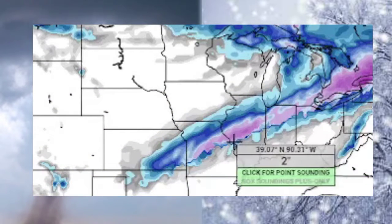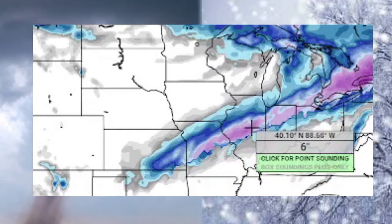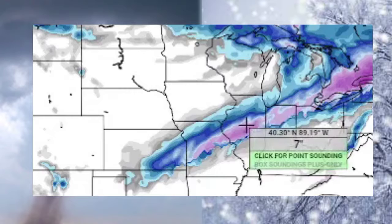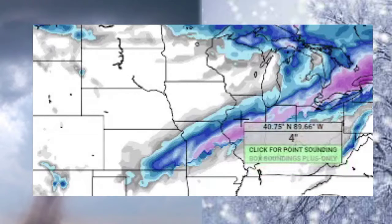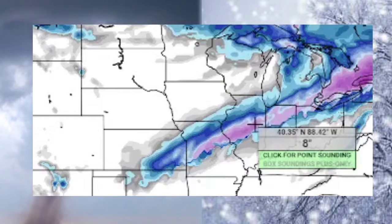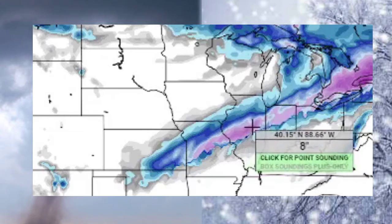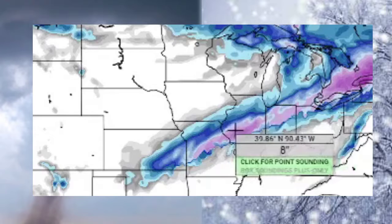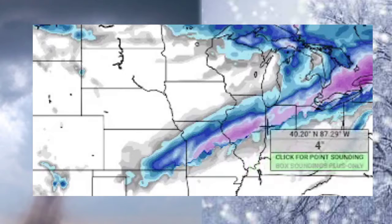We definitely see a swath of at least 6 inches, maybe even anywhere from 6 to 9 inches here. So a lot of snow, maybe even localized. We can see more of that convective banding take place, maybe even up to 10 inches. Maybe more of a rare event to see 10 inches, but it could definitely be possible here, I believe. But for the most part, generally 6 to 8 inches, maybe even getting up to 9 to 10 inches here